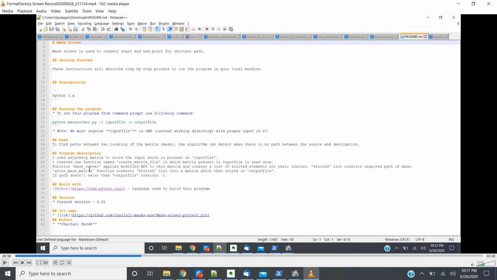I use BFS because BFS is easy compared to others. And in the write maze matrix function, I convert the visited list into a matrix which is sorted and displayed in the output file.